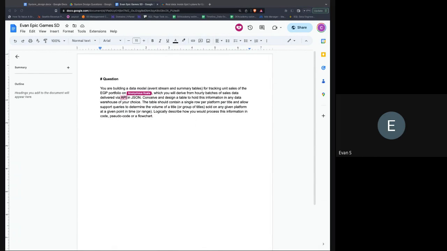Okay, so we have an API caller that we need to handle. It's formatting data in JSON. And we need to convert that JSON data into columnar format. And we want this to be live as well, right? At a given point in time, or range. So it's a live API. So I'm thinking if we're going with an Amazon system, we'd have an API handler, which would